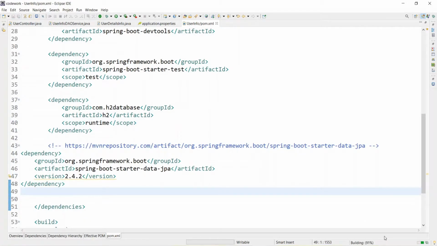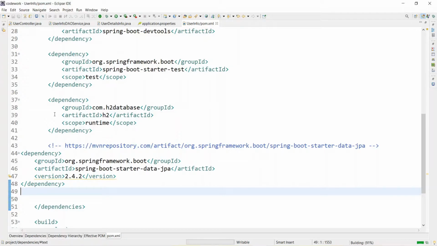If you are doing this for the first time, it will take some time to download the dependency. Once this is done, you don't need to do anything else. That's all you require to add the dependency, and the rest will be taken care of by Spring Boot.